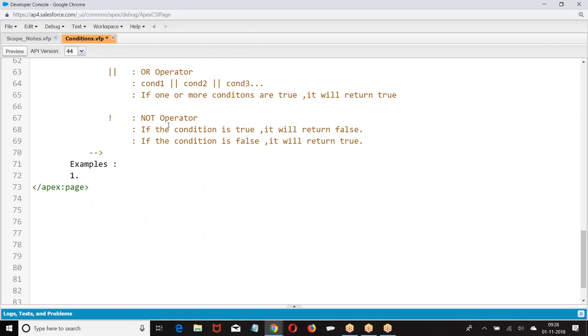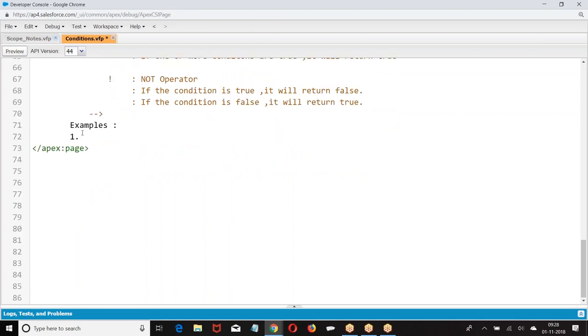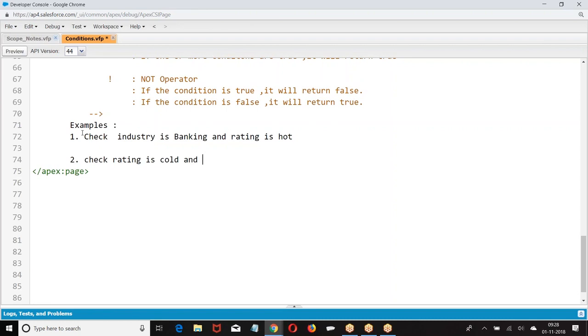Now, example. Check whether industry is banking and rating is hot. Ownership is check. City is